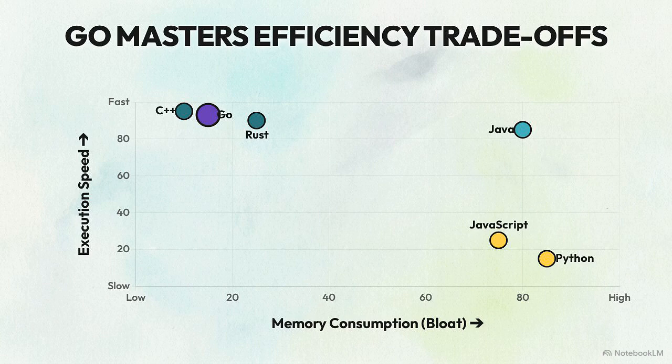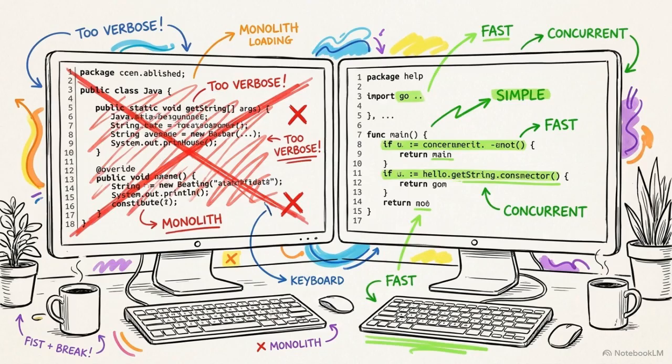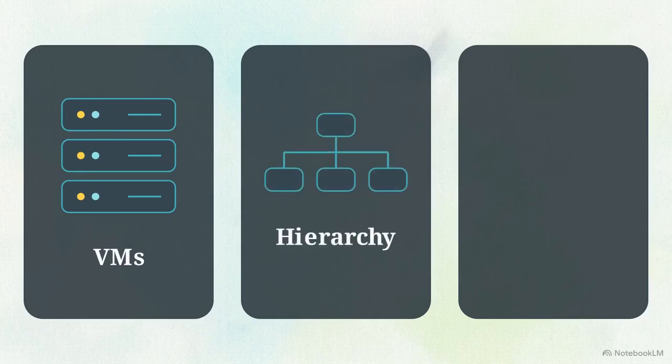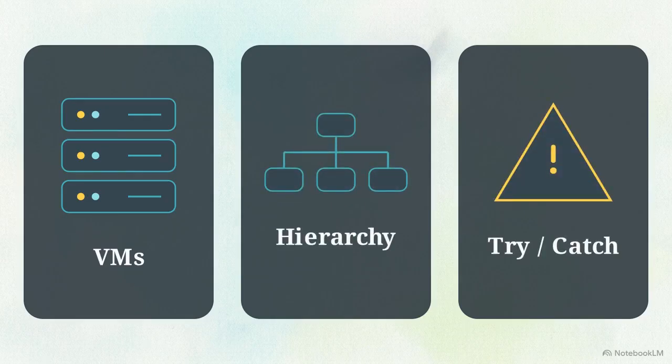Go lands right here. It achieves execution speeds and low memory footprints similar to C++, while maintaining the rapid, near-instant compilation speeds of much slower languages. It achieved this precise positioning by actively rejecting the standard software engineering paradigms used to build almost every other popular language. To understand Go's architectural advantages, transitioning developers have to unlearn three things: virtual machines, object-oriented inheritance, and exception-based error